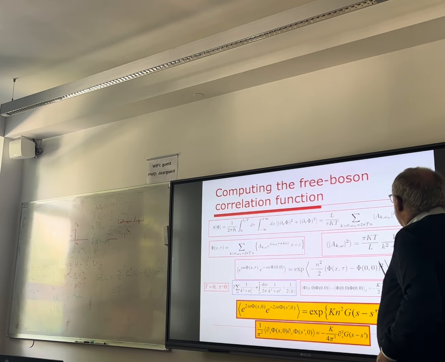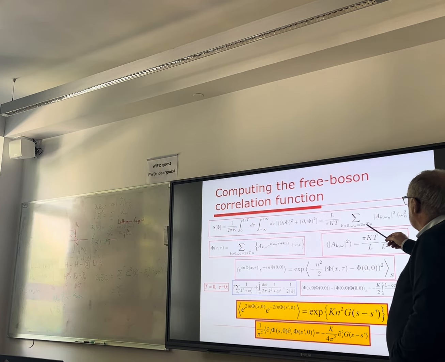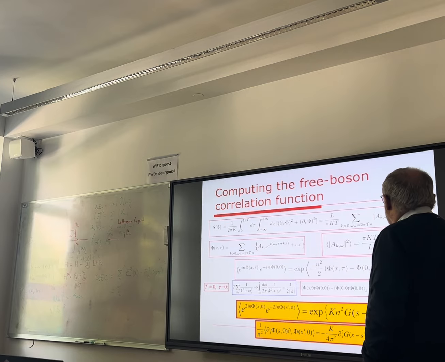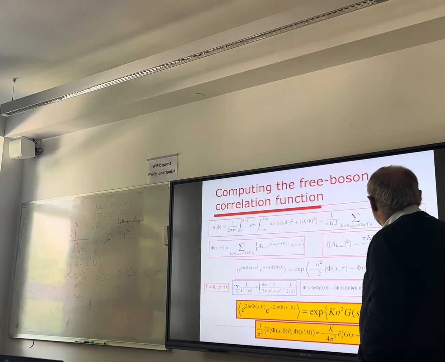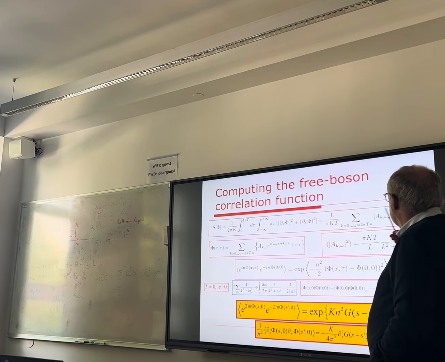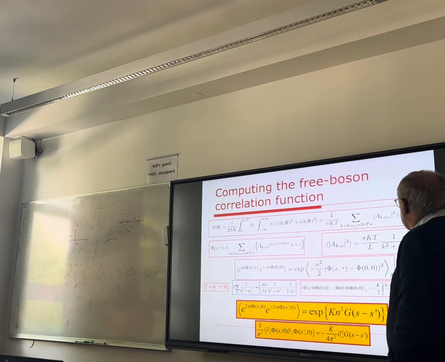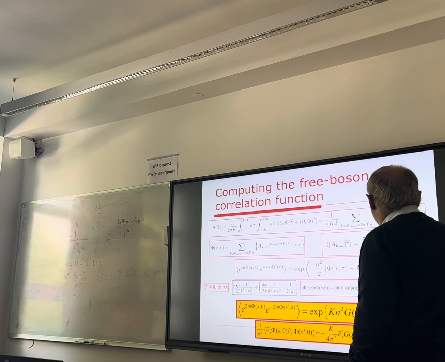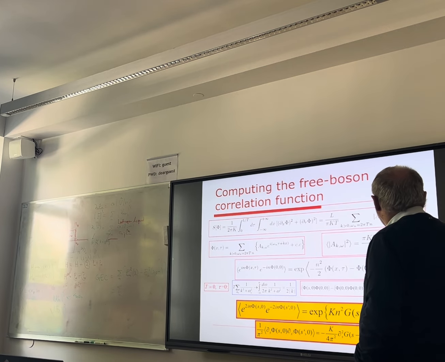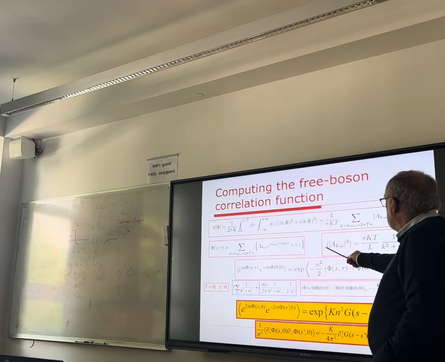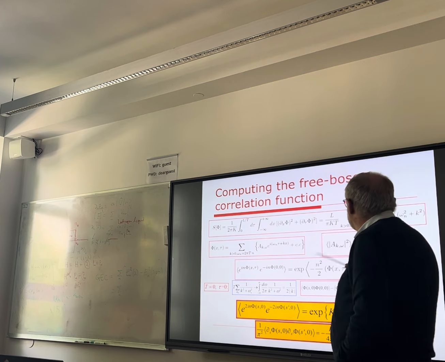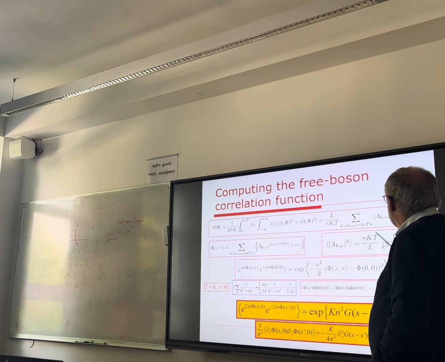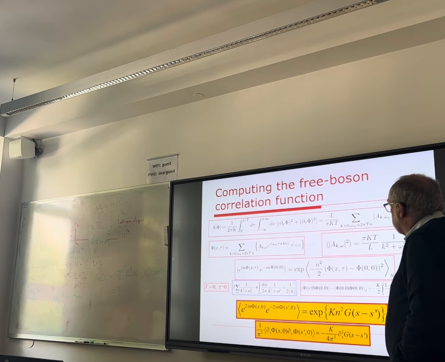Therefore, I have to introduce discrete frequency, and then it is just the sum of Gaussian modes, and the average with respect to such a functional is given by this expression, and then